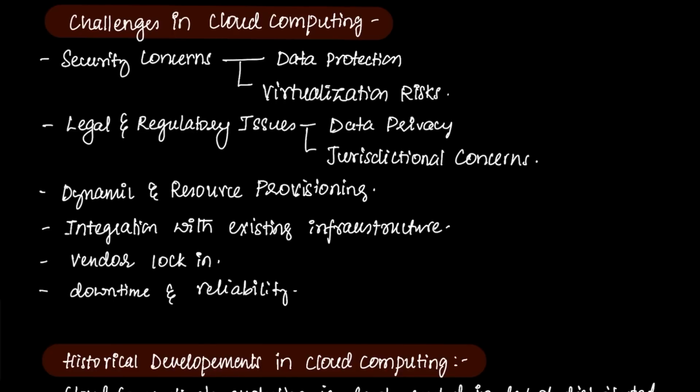When cloud providers offer high levels of reliability, there is still a risk of outages. That is, dependency on an external provider means organizations have to manage the potential risk of service interruptions and downtime, which could affect the business if you are running something like a stock market. Each and every moment is very important for you. At that time, if your system goes down, it could lead to loss in your business.